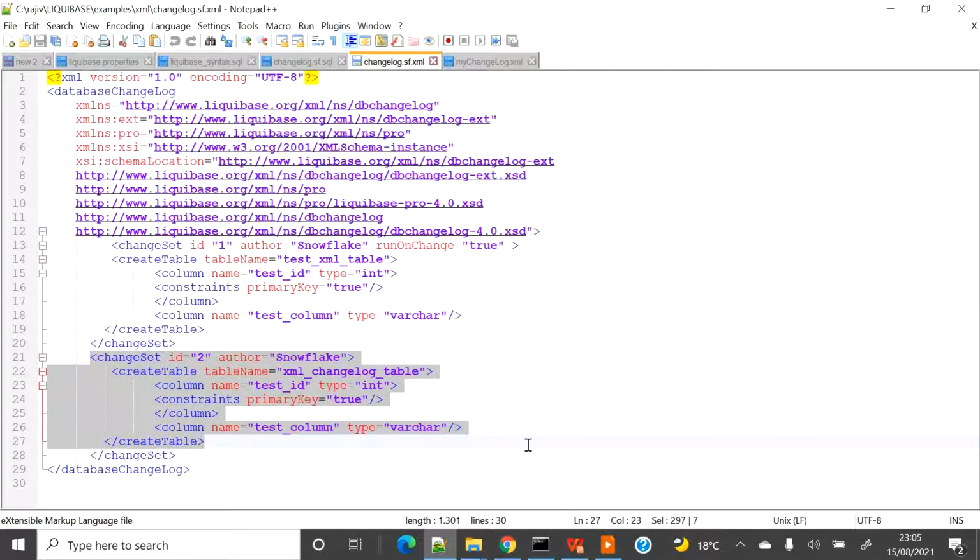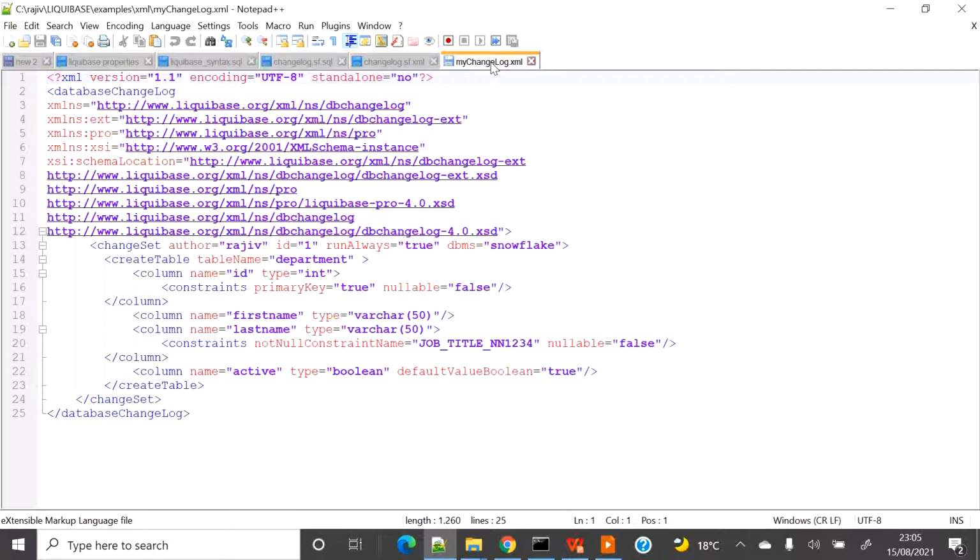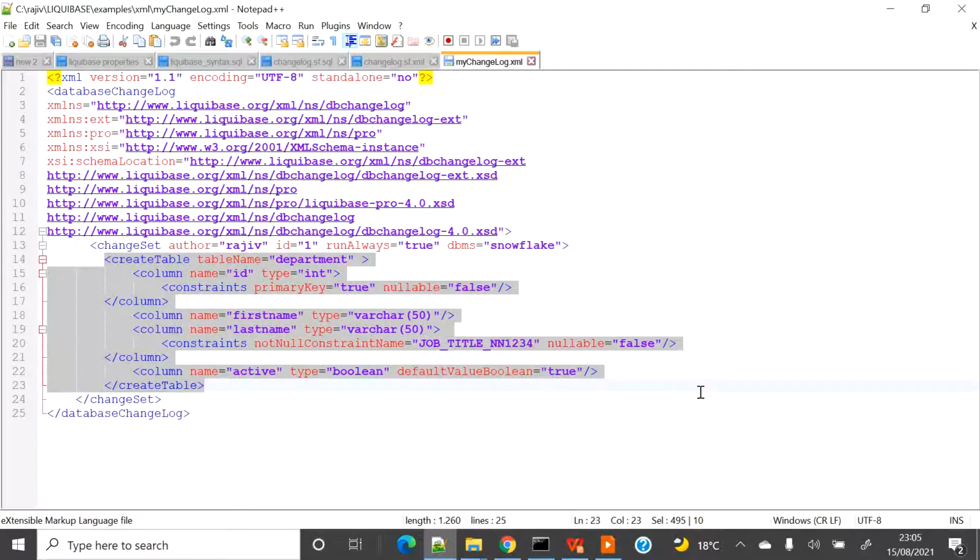So in this changelog file, I have only two changes which need to be applied on the database. Then there is a third XML file where I'm just creating another table, which is department. I'm only taking examples of creating a table and altering a table. I'm not loading anything as of now for this demo, but we are good. If we can do this, we can do anything.